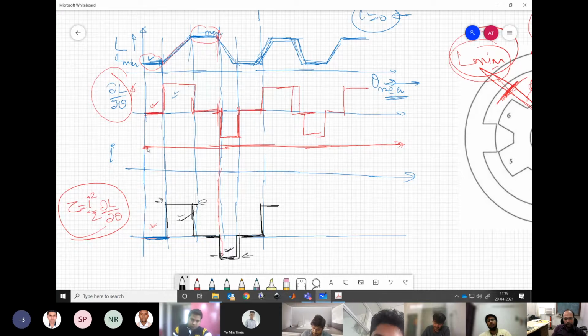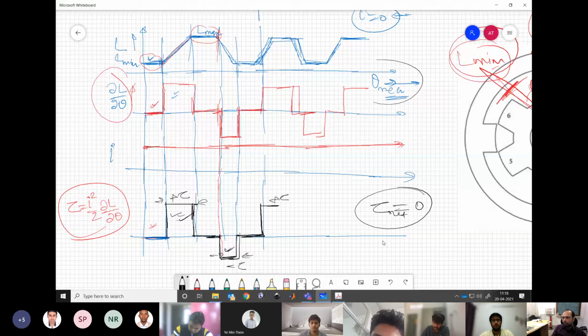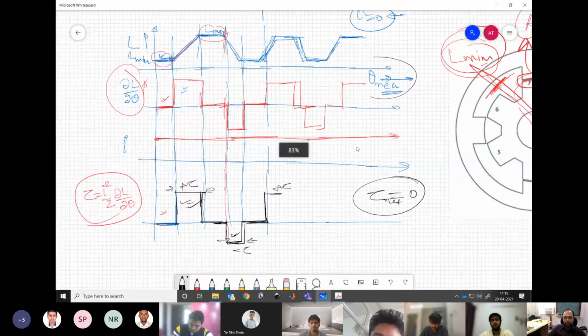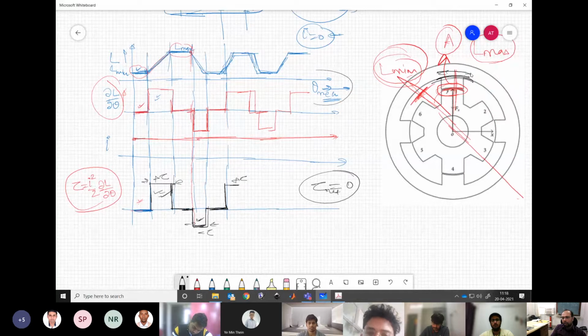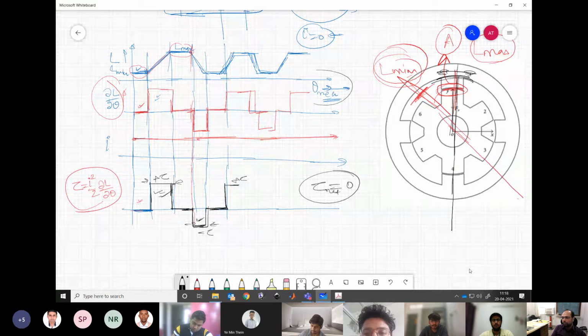Now you understand the thing. If we are keeping the same current excitation throughout the motion, what will happen? We will have positive torque, then negative torque, again positive torque, negative torque, and so on. So net resultant torque, what we will get? 0. So what will happen if we keep the same excitation throughout? This rotor will be oscillating along this axis until it settles to a fixed value. Understanding my point?